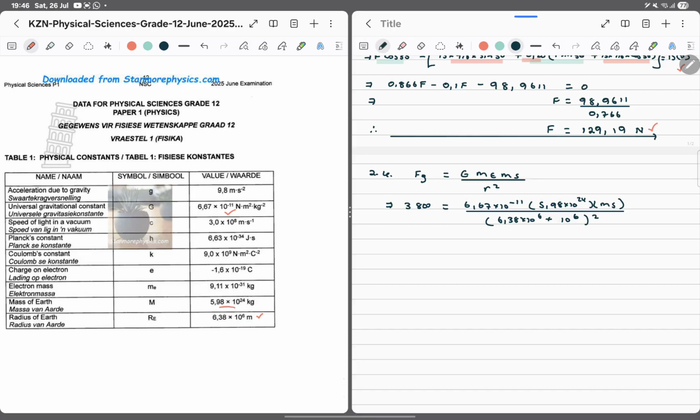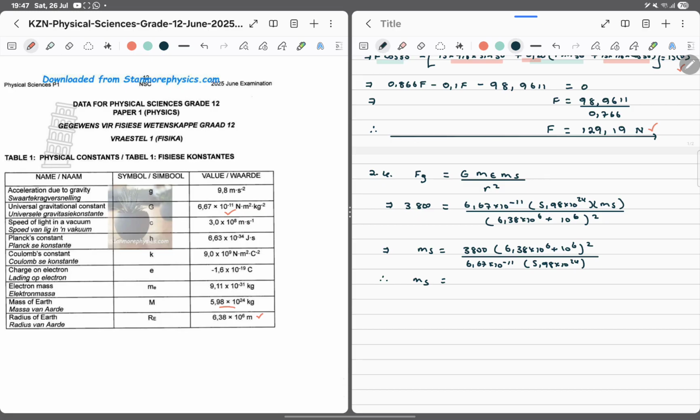Then we square this. Now folks, following cross multiplications and our gymnastics, we know that the mass of the satellite is going to be 3,800 times (6,38 times 10 to the exponent 6 plus 10 to the 6) all squared, divided by 6,67 times 10 to the minus 11 into 5,98 times 10 to the 24. Therefore, the mass of the satellite is,